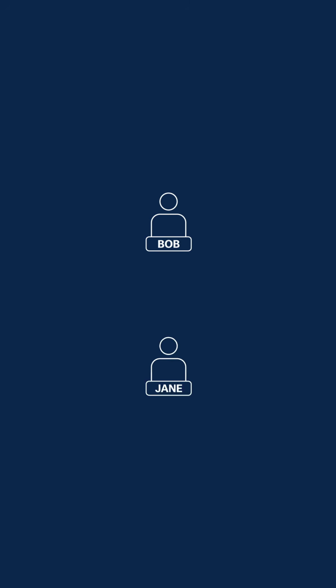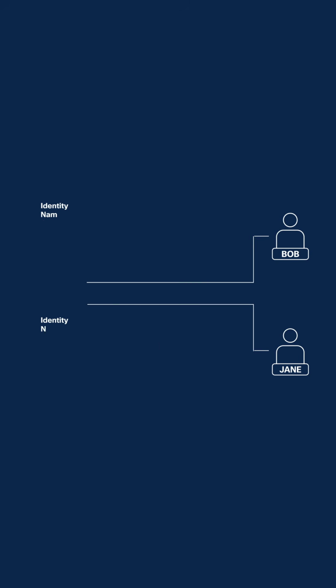You might have heard the term, you can't protect what you can't see. And visibility is a key component to be able to provide end-to-end segmentation. We need to know who and what is on our network, the context at which those devices were permitted into our environment. So if we take a couple users, Bob and Jane,